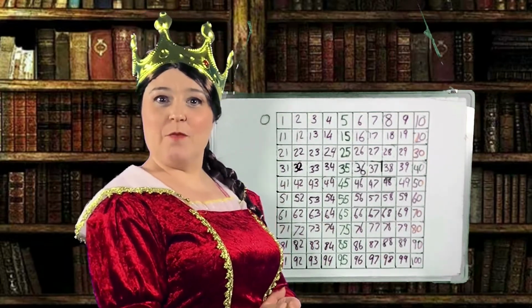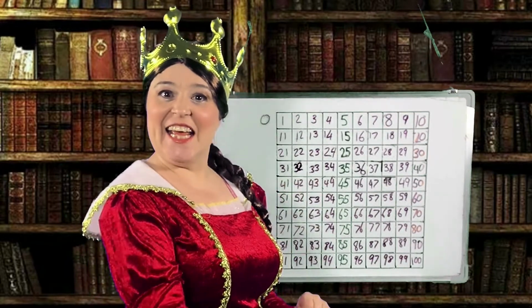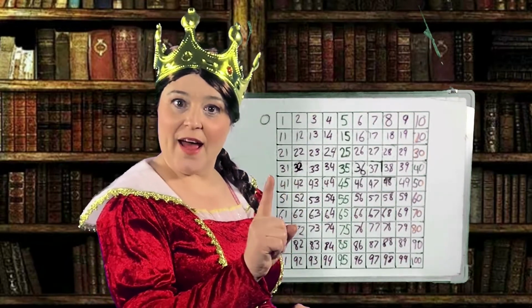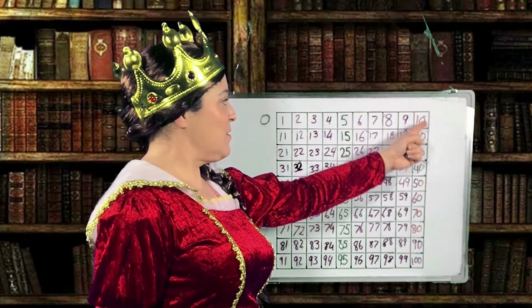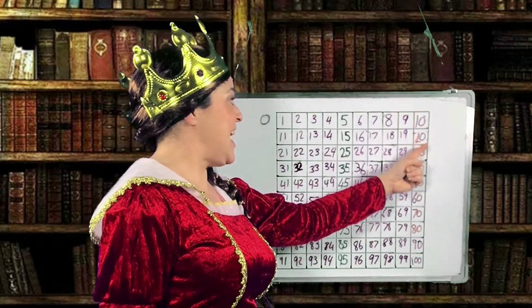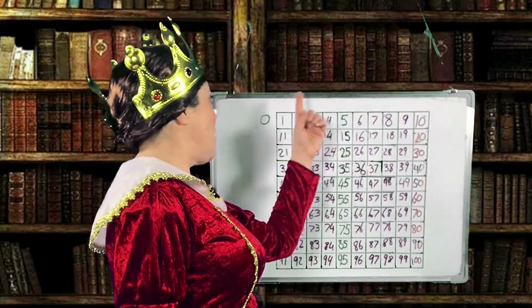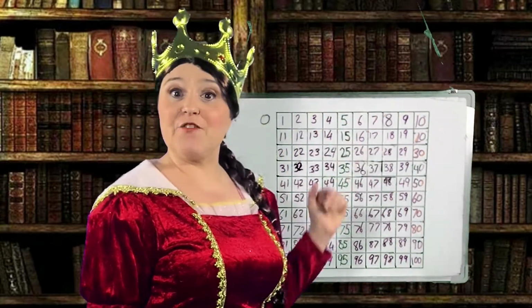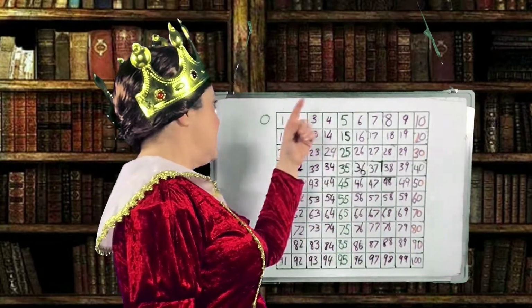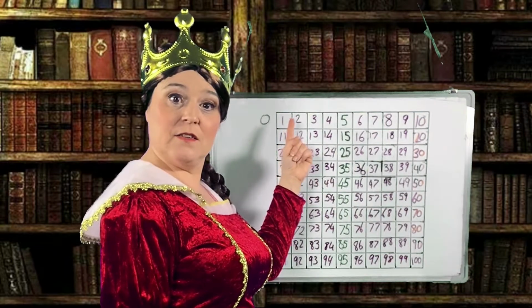Not everyone remembered. You go down your number square when you're counting in steps of 10. Each step of 10 is 1 square. When we're counting in multiples of 10, we can see that each multiple of 10 is right underneath each other. And this works starting from any number. So, counting in steps of 10 from 1,